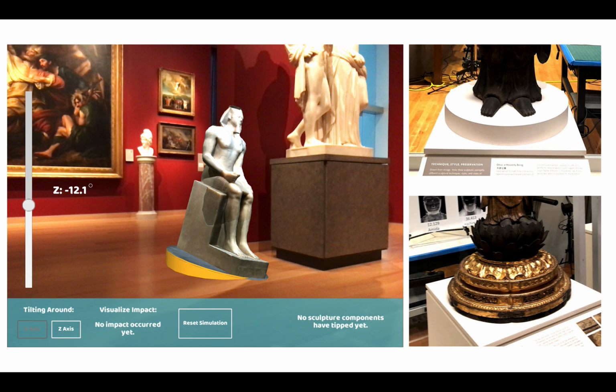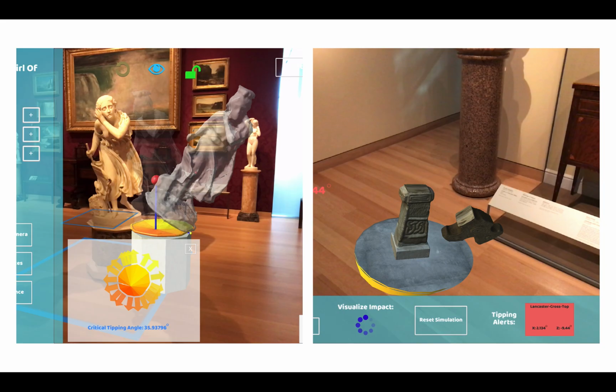For future work, the conservators requested that we convert our user-controlled ground rotation angles into automated behavior that simulates realistic scenarios, like earthquakes. Additionally, we aim to add customizable pedestal geometry to both of our analyses. Finite element analysis would help us predict crack behavior as a result of internal stresses, especially as the sculpture distributes all of its mass onto a single base edge during tipping. On the other hand, a fracture analysis method could help predict cracks that are likely to form as a result of ground impacts,